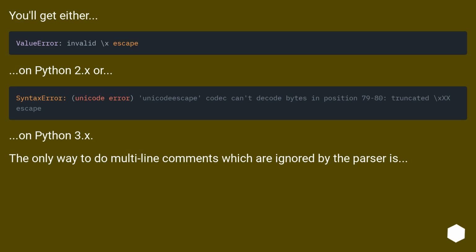you'll get either an error on Python 2.x or an error on Python 3.x. The only way to do multi-line comments which are ignored by the parser is